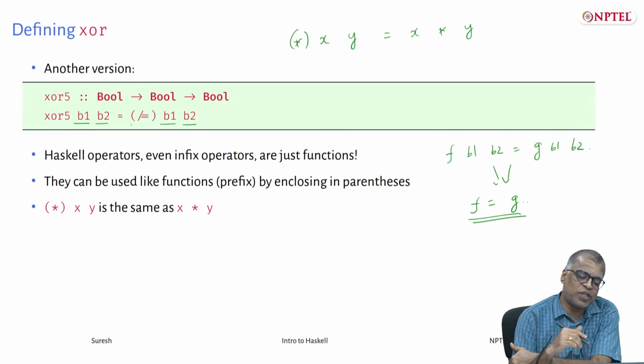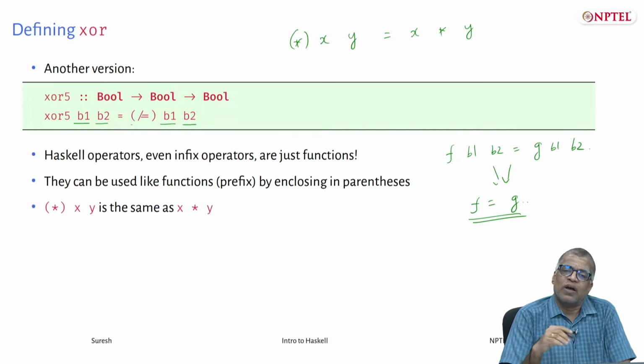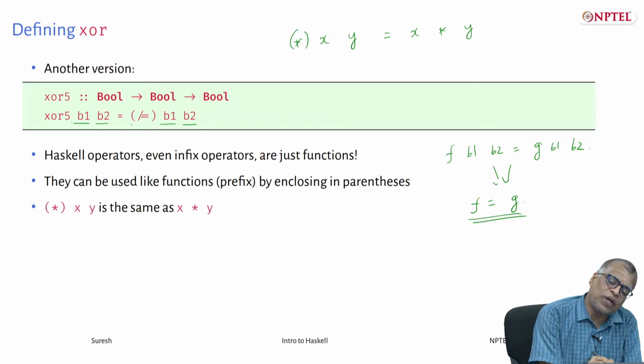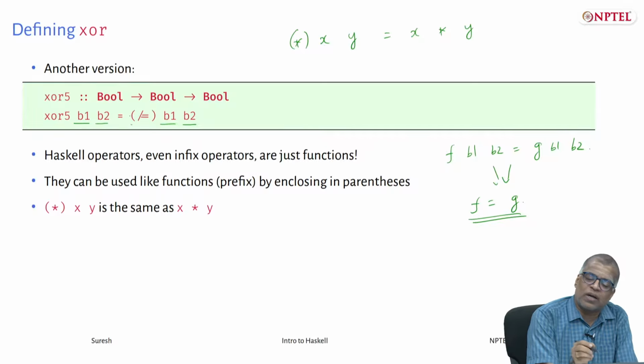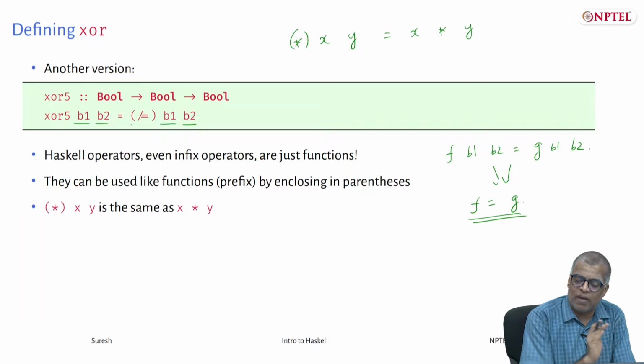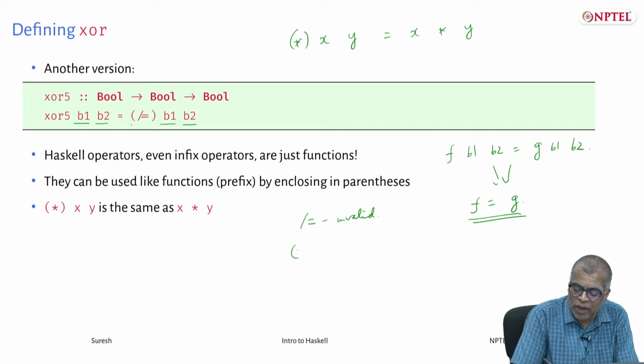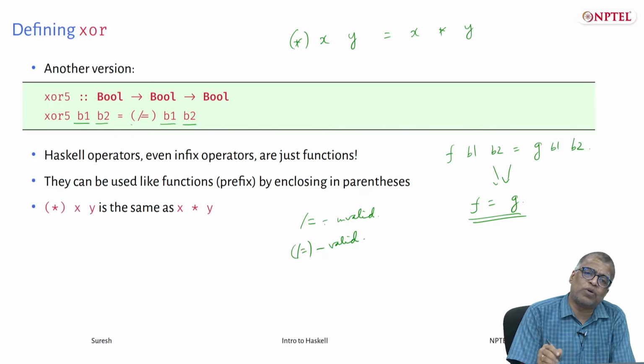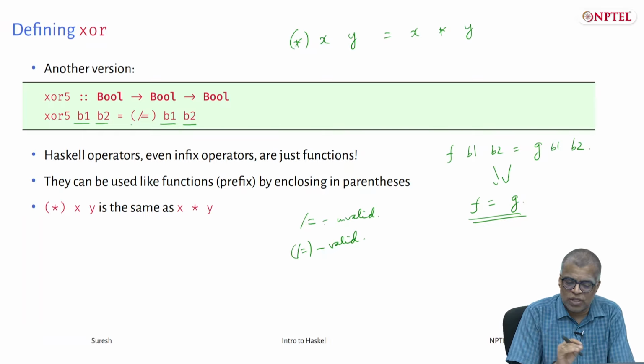This is a very nice feature, because even earlier I said XORing is nothing but doing the inequality check, so why do you need to write b1 and b2? You can just write not equal to and leave it just like that. But you can't just write the bare operator, that would be invalid, but you can write the function form, this is valid. When you write not equal to without parentheses, that is a very specific operator and it needs to come along with its arguments.